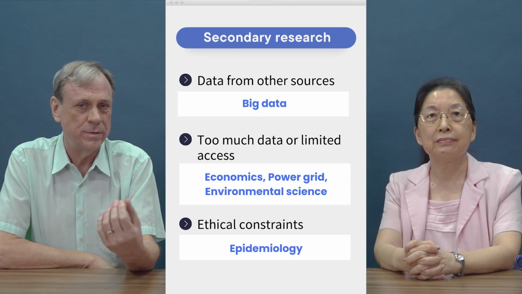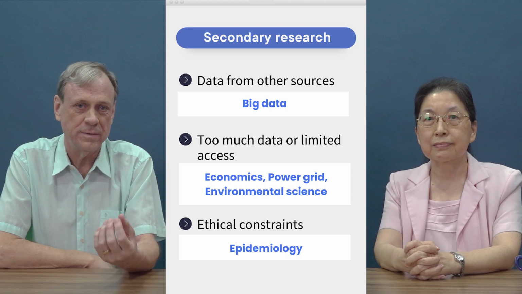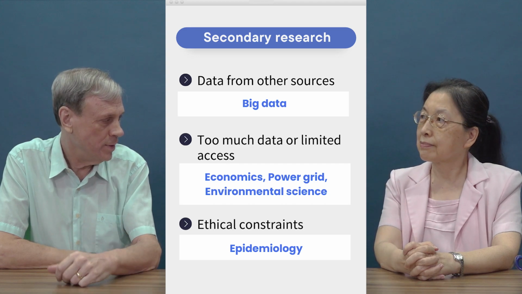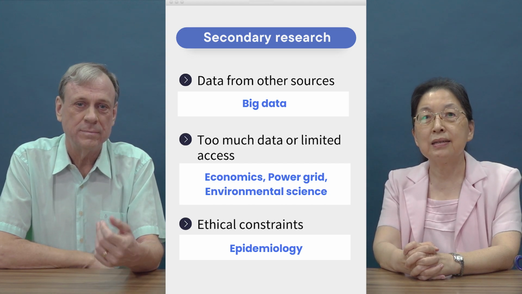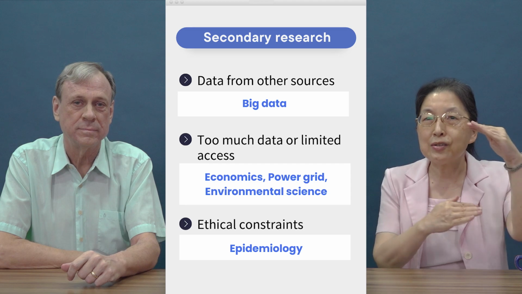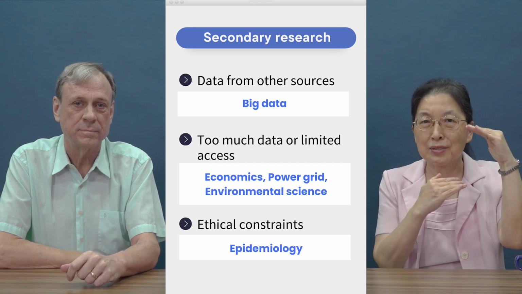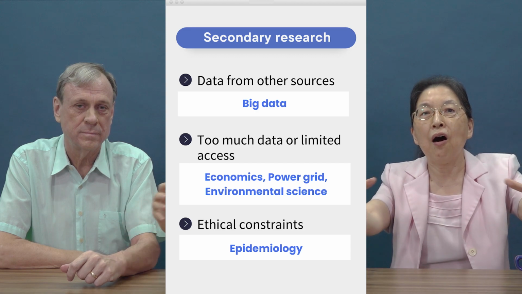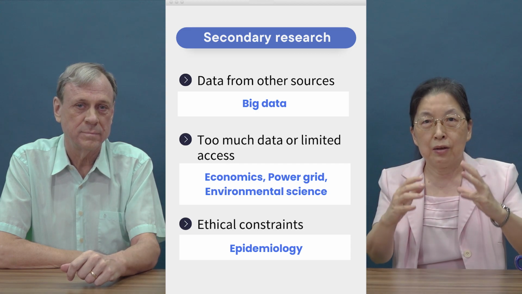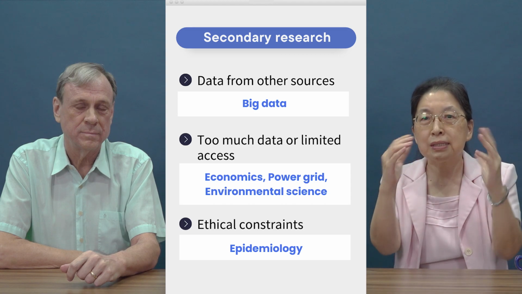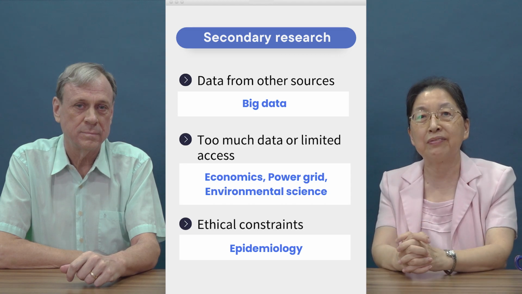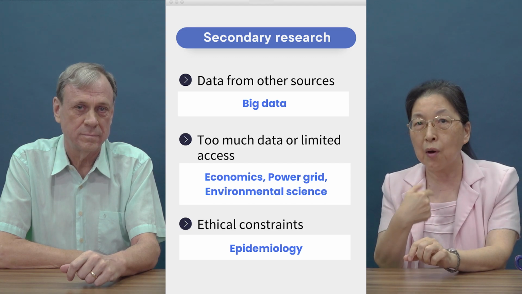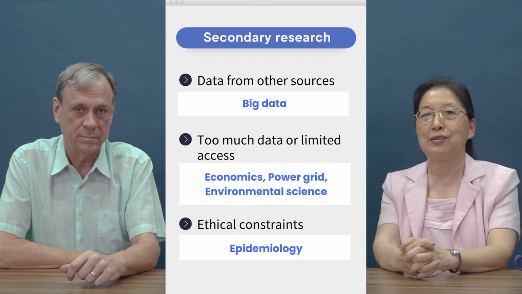Secondary has to do with other people having collected the data and then you use that data. This is more common in social science. Yes, it's very much like the literature review in social science. So you look for all kinds of previous literature to summarize what other people have done so you can identify a research gap for your own primary research.